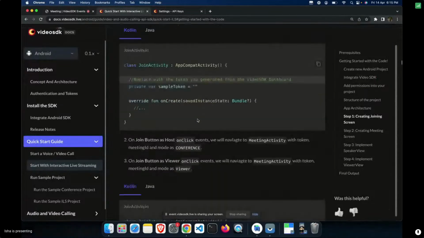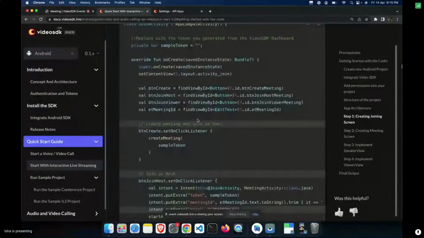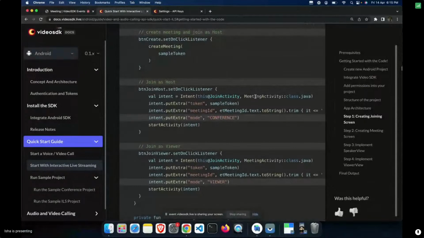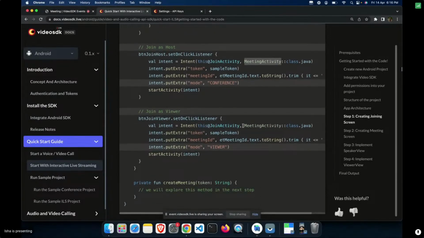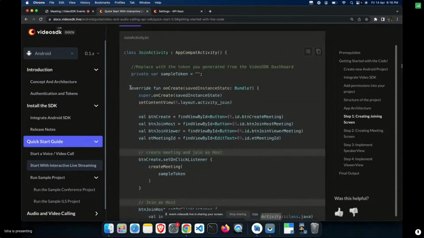Now on join as a host, we will navigate to the meeting activity, which will create an intent with a token, meeting ID, and a mode as conference. What a mode is, we will discuss later, so don't worry about that. And on join as a viewer, we will navigate to the meeting activity with a token, meeting ID, and mode as viewer. Okay, so let's copy this entire onCreate method